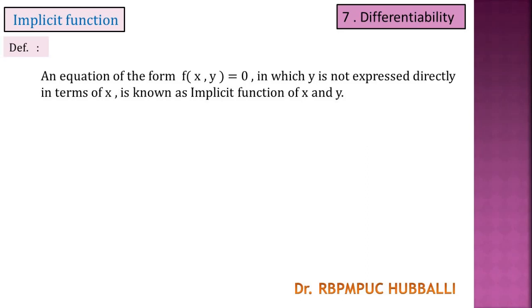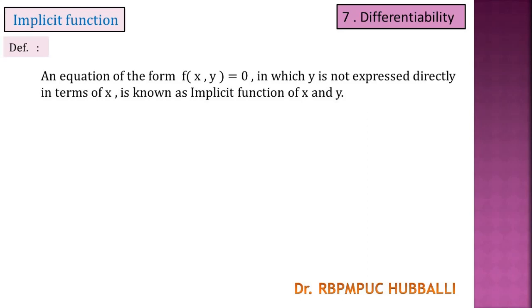Students, in the previous concept, whatever function we had, it was y is equal to function of x variable. For example, y is equal to sine 2x plus cos x, or maybe division form, or maybe an algebraic expression. All these are only in terms of x variable. But here, both variables will be there, and we cannot express y is equal to function of x variable. That is not possible here.